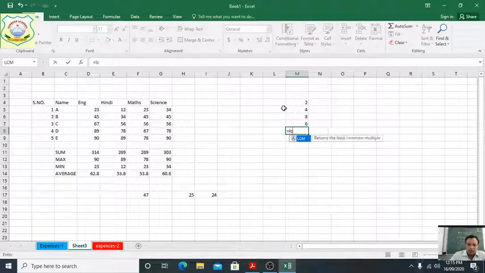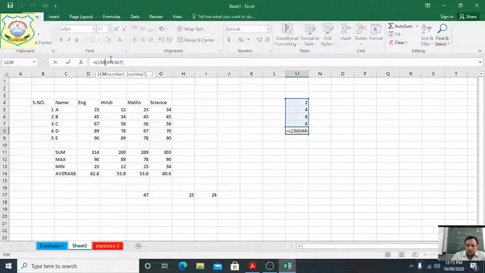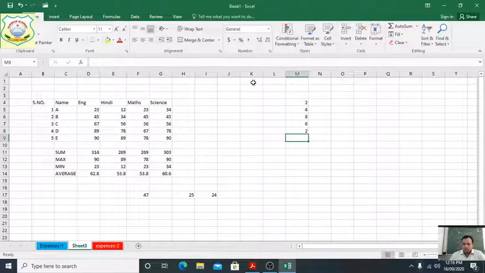Equal LCM. Bracket. Colon. Till here. See students, 24 will come. If you want to find the GCD, here write GCD. See students, only 2 will come. Okay, so LCM and GCD.